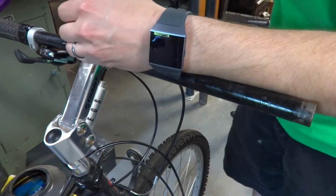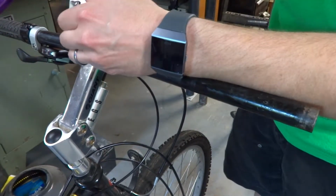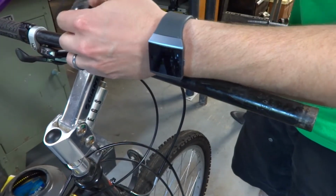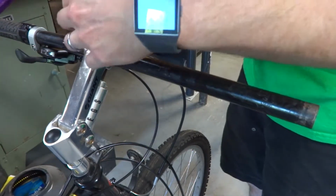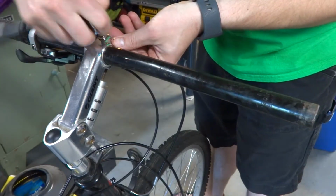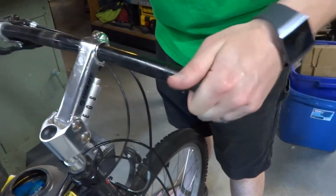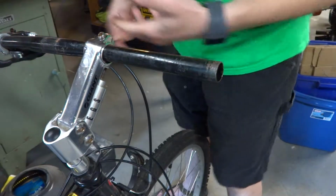Also, I'll mention that I have my bike here in just my trainer stand to help steady it. I could put it in my bike work stand, but that's a little overkill. If you had somebody holding it, it just makes it a lot easier. Maybe you can come up with something a little more creative to hold it in place, but just loosen it. That should just slide right out, but there's not enough room on the cable,